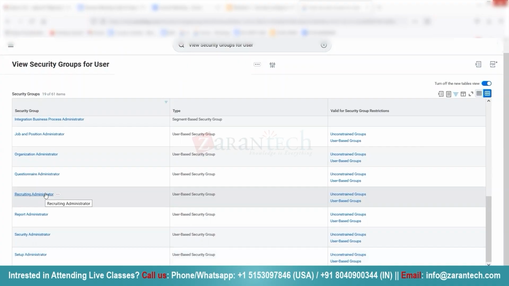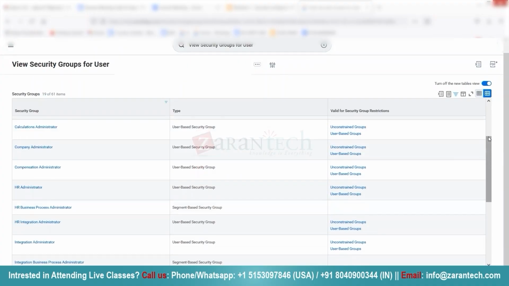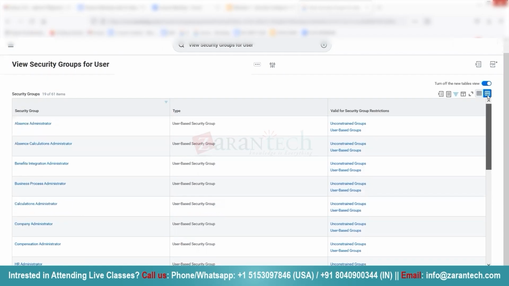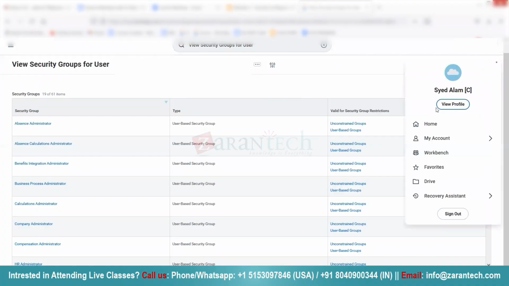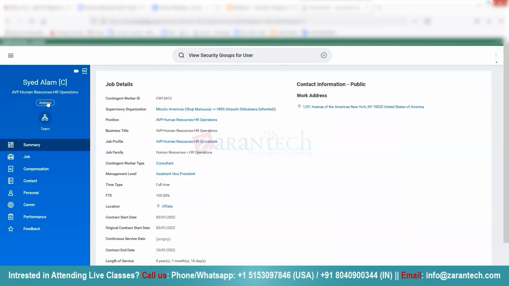Recruiting Admin, these are the roles which are very specific and very useful. If you see Compensation Admin, this person would have everything and anything related to compensation. So this is how you can view anyone's roles, including yourself, the roles which are there with that person. And let's see, for the sample user which I've logged in, I'll go to